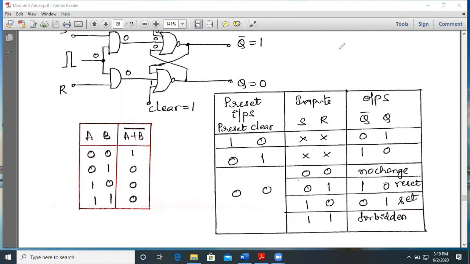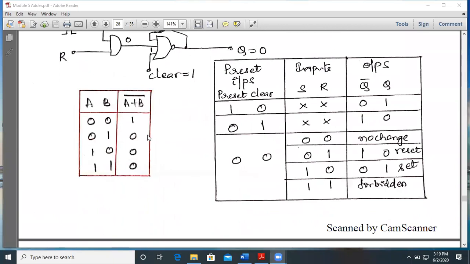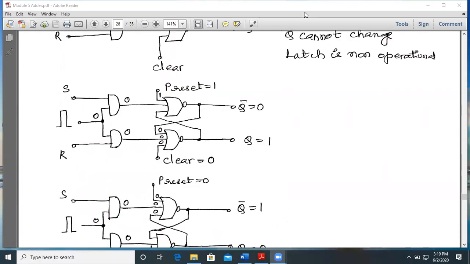Alright, so now we need to go back and start our analysis from wherever the input is 1. Now here we are trying to give the preset signal. When preset is given, preset here is 1. So irrespective of the other inputs, whenever any one of the inputs is 1, obviously we'll get the output as 0, because that is what the NOR gate truth table says. Because of that, we are getting Q bar as 0. This Q bar is given as input over here.